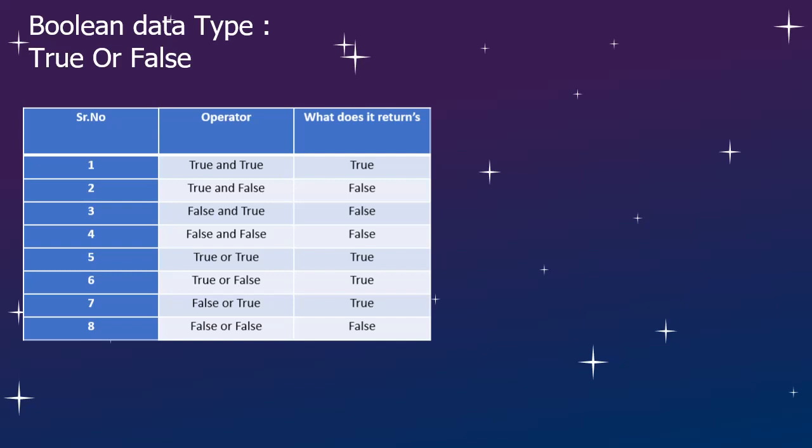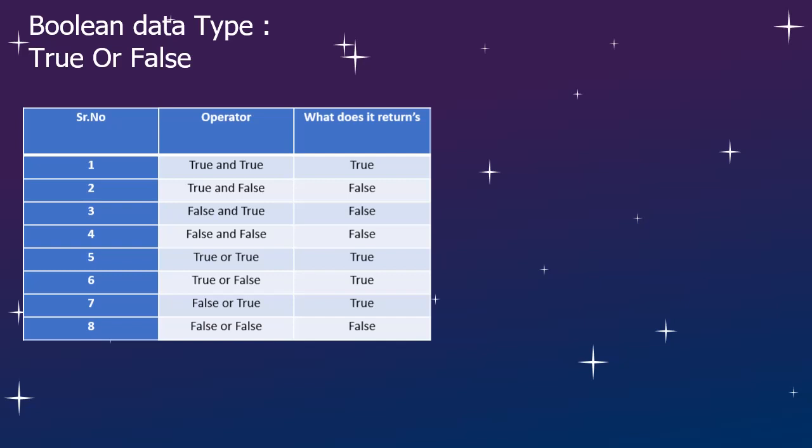will be the OR operator. How the AND operator works: if two data types or variables are mixed with an AND operator, the result of that expression can be true only if both of them are true. If any of them is false, then the expression with the AND operator will give you a false value. Take a look at this table. True and true gives you true, but true and false gives you false because one of them is false. Similarly for false and true, and obviously false and false will be false, but the rules are a little different for an